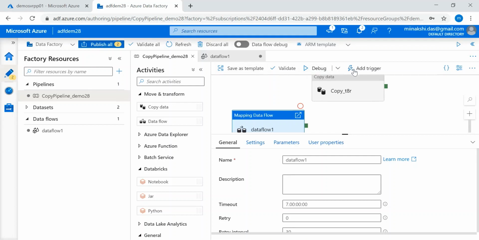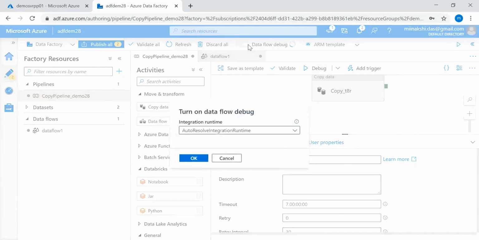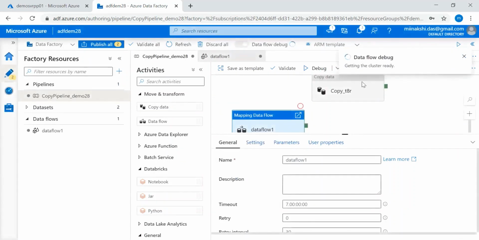When we are triggering the pipeline, it is better to switch on this data flow debug, to do it in debug mode. When we keep it on and trigger the pipeline, it is very easy for us to see the data flow activity wise.